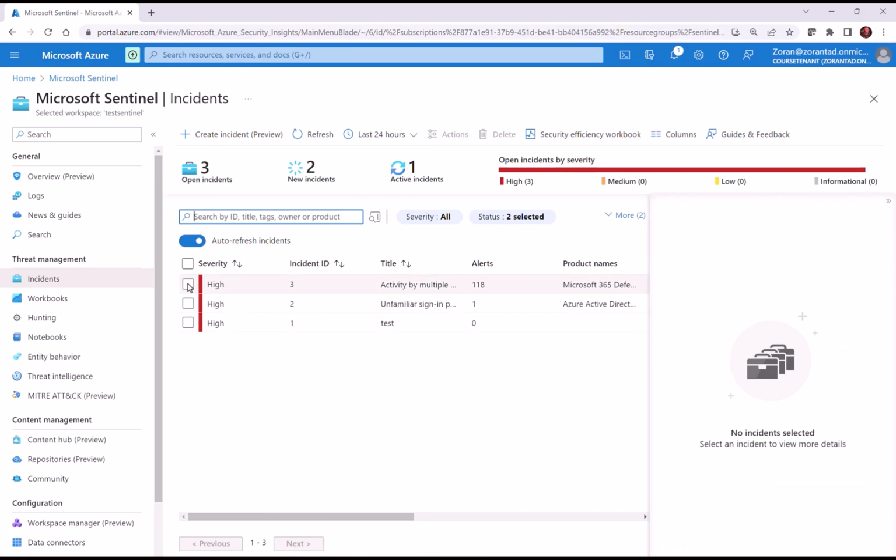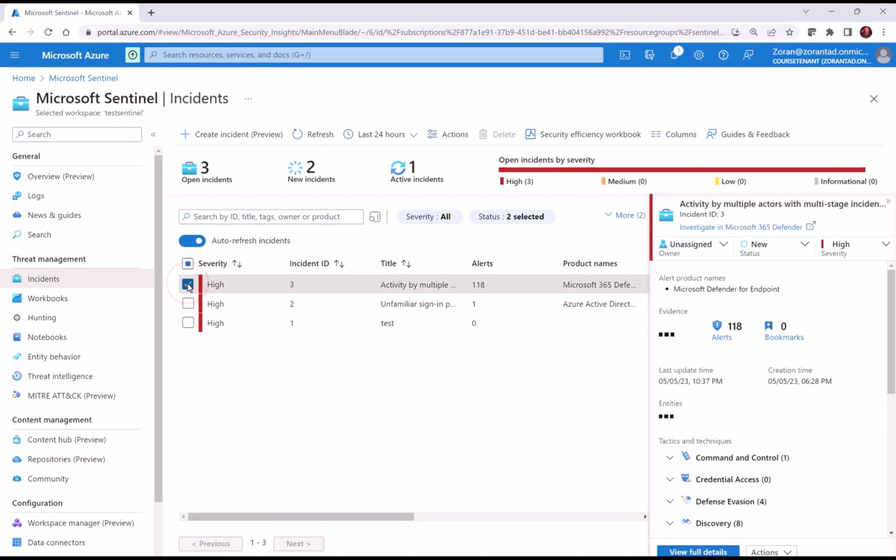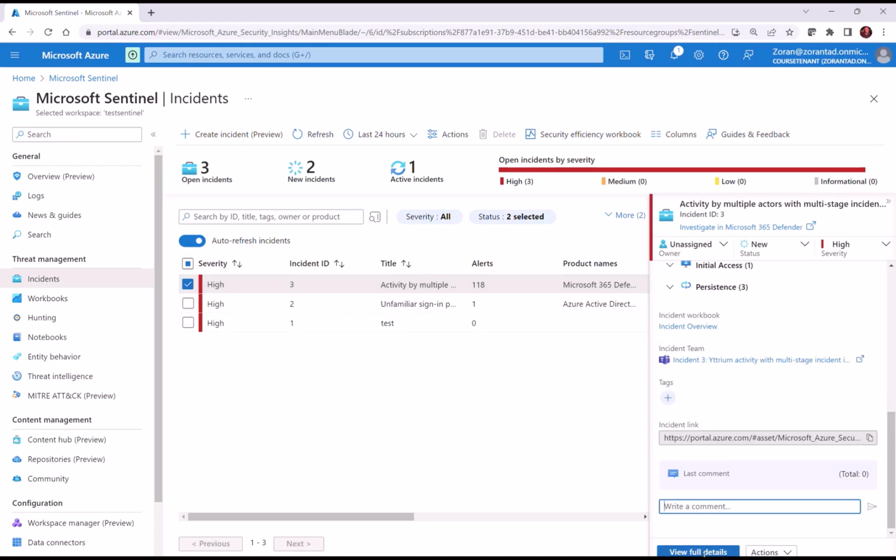If you stay with me for other Microsoft security courses, this topic will be covered in the Security 200 course, and we will go deeper into the details, but now I just want to show you how this looks very quickly. As you can see, here are 3 high severity incidents created with 180 alerts. And these alerts are coming from Microsoft 365 Defender. If we go to see full details about this incident,